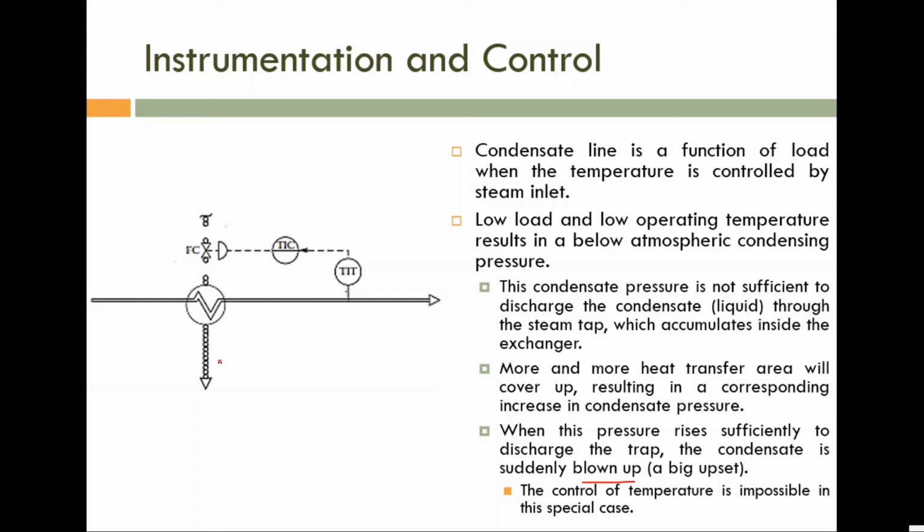So here we have condensate, but the problem is due to that small load, due to this sudden conversion, the pressure inside this heat exchanger or somewhere here will be very, very small. Due to that very small pressure, can we remove this condensate from this point to another point? Because this pressure is less than the pressure at the next point, we cannot transfer this condensate to the next point. That is not possible. So what will happen? The liquid remains inside this pipeline.